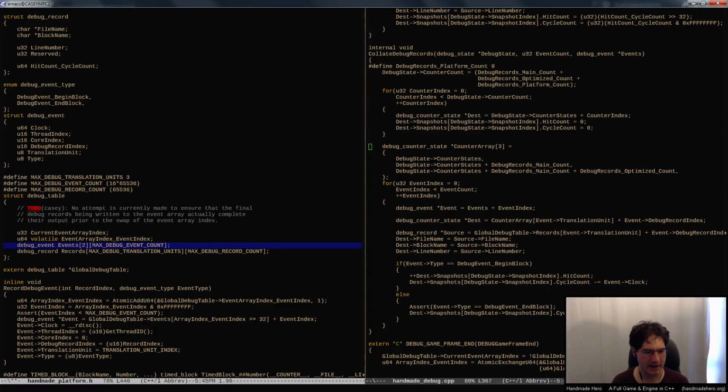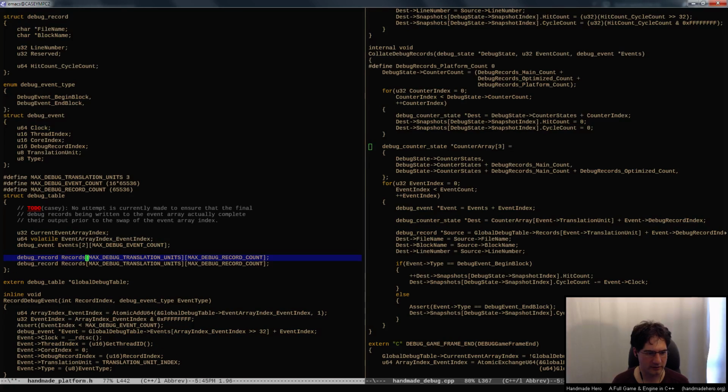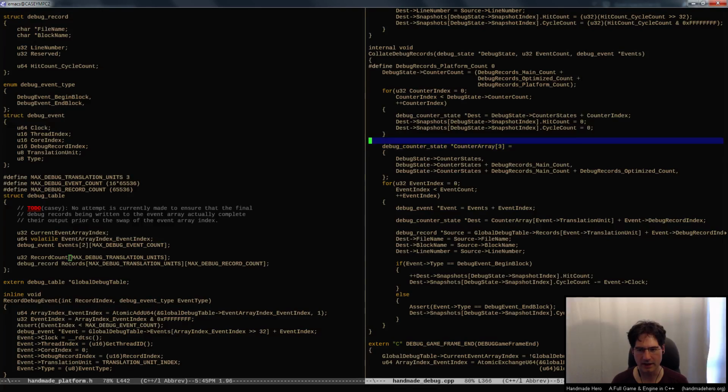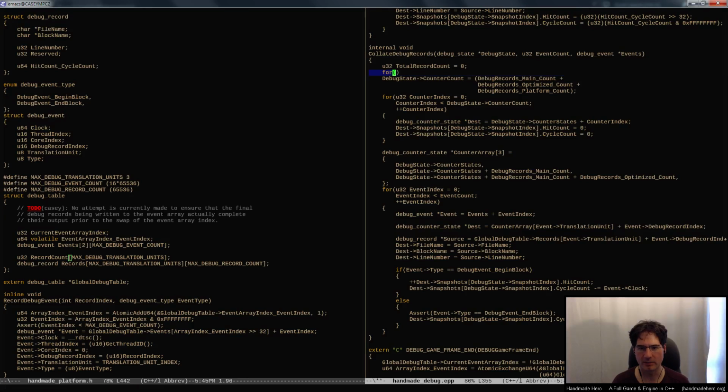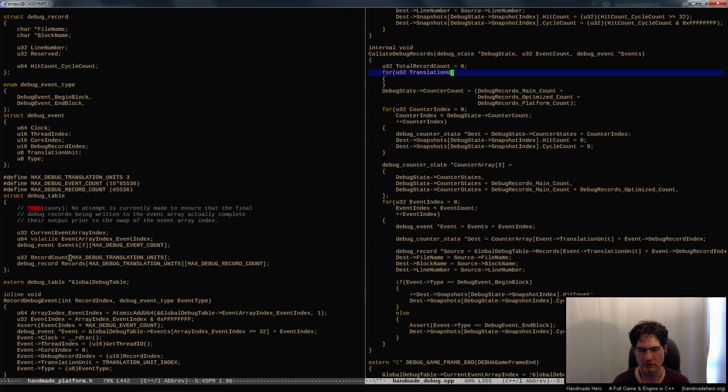In here, I'd like to have the ability to get the counts out, right? So something here where I'd like to do record count, like this, where we have the record count per translation unit. And that way, that'll always be kept up to date by other people who write into it or something like that. And so the way that that would happen is we'd get rid of this debug platform count thing here, and instead the total record count is just going to be the sum of all of the translation units,